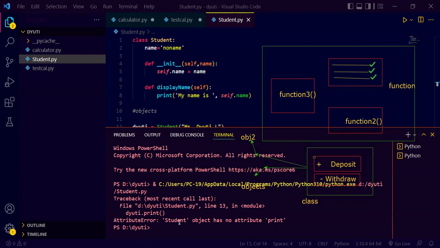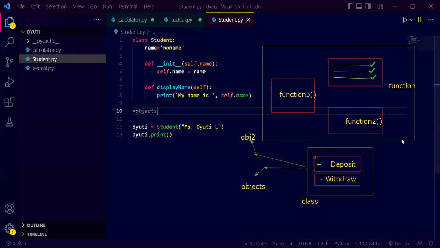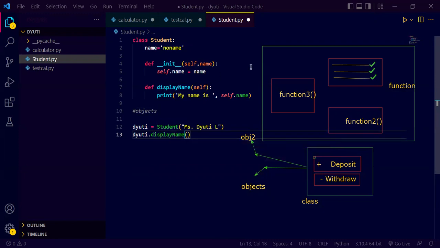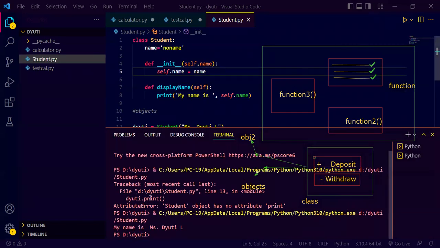क्या प्रॉब्लम हो गया, स्टूडेंट ऑब्जेक्ट हैज नो एट्रीब्यूट प्रिंट. ओके, हमारा फंक्शन का नाम क्या है, डिस्प्ले नेम, सॉरी. ओके, सो हमारे फंक्शन का नाम है डिस्प्ले नेम। इसको सेव कर लेते हैं, रन किया तो सी ये प्रिंट फंक्शन रन हो गया यहाँ पे।